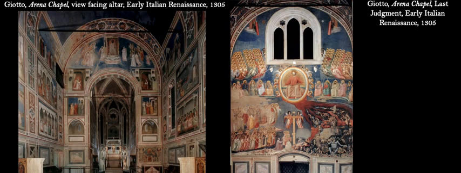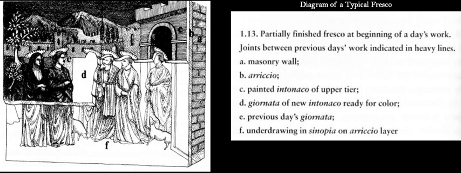So these are the walls, the ceiling vault, the back end, and then the Last Judgment. We've looked at this before when we explored Justinian and Theodora in the San Vitale in Ravenna. So we're going to come back and do a little bit more work, but first I want to talk about